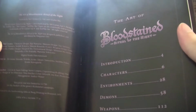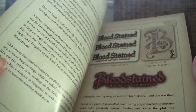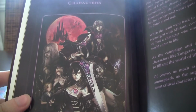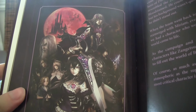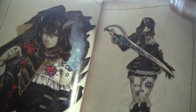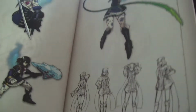So, got the introduction page. I like the fact that their paper is this kind of glossy material as opposed to regular paper. Very good. So some of the images. There's the artwork from Mana. This artwork was actually bloody beautiful as well. It kind of comes close to Ayami Kojima's art. Very, very nice. And there's some artwork here. This stuff is done by Natsume, the guy that did most of the artwork from